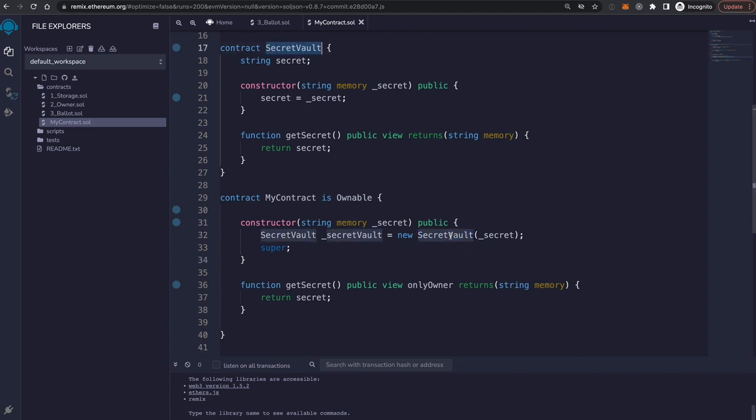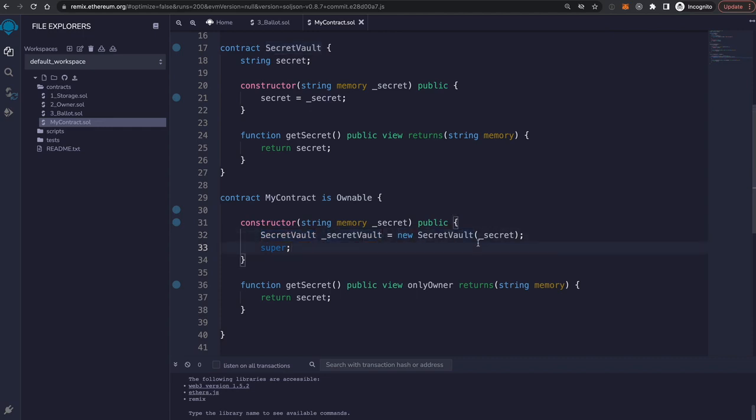It knows about the code here. And then give it the argument that it requires, which is this secret. Then you assign that to a local variable here called secretVault. Because Solidity is statically typed, we tell it the type, which is just this contract called SecretVault. It's just like if you said uint myNumber = 12345. You're just saying create a new variable of the SecretVault type, and then create the new